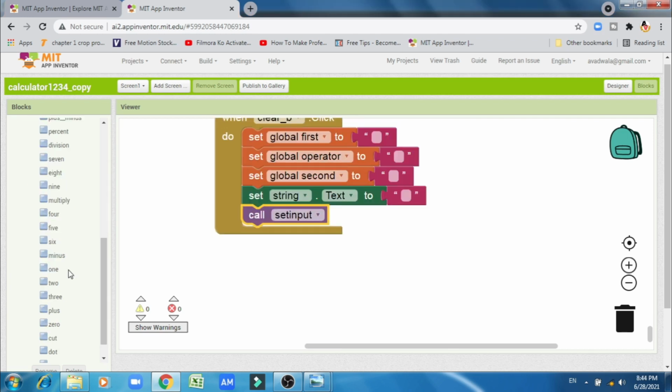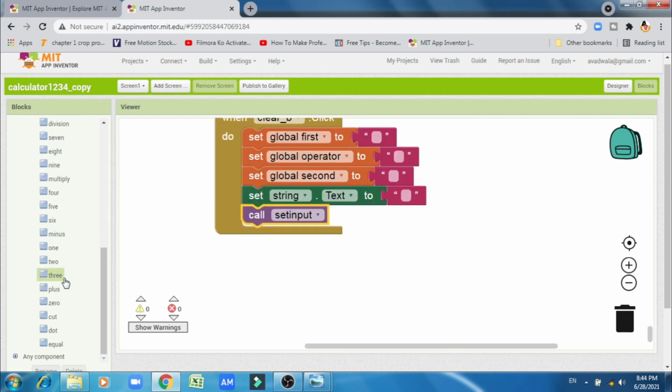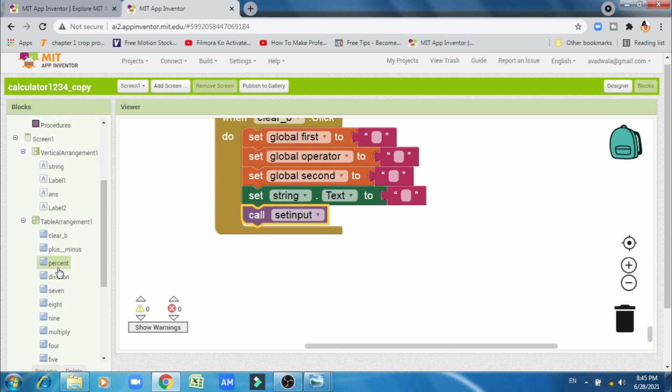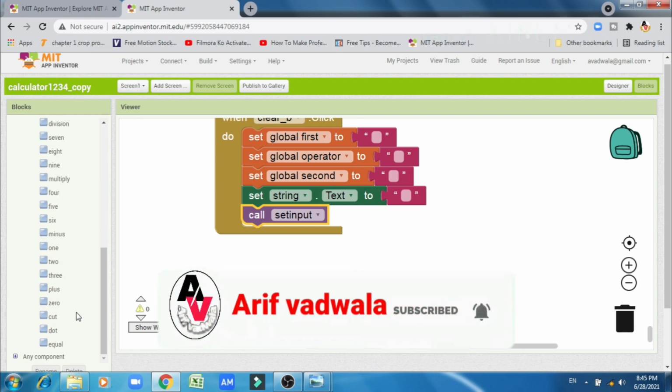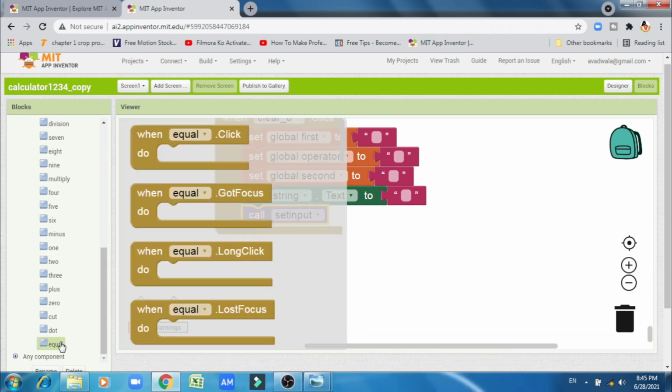It is very lengthy and a little bit hard coding for the equal button, because it will do all the processes: addition, subtraction, multiplication, division. So when the equal button is clicked, do